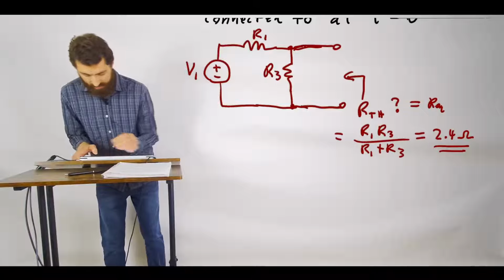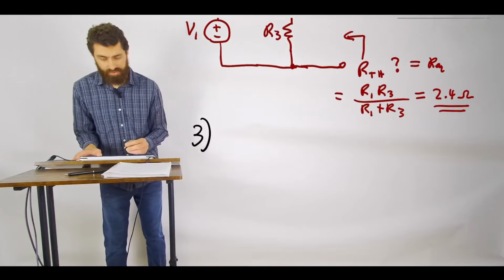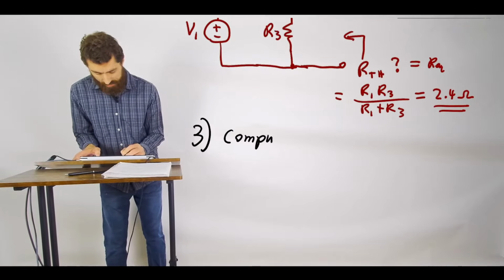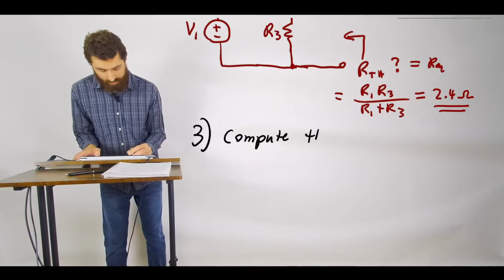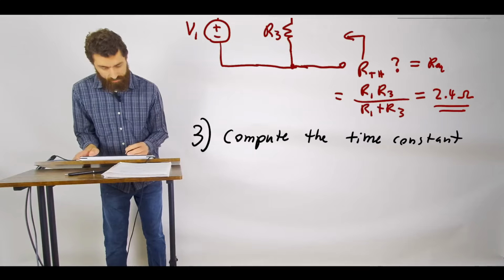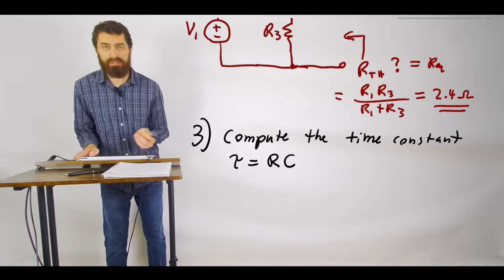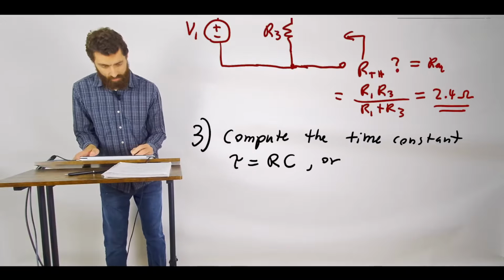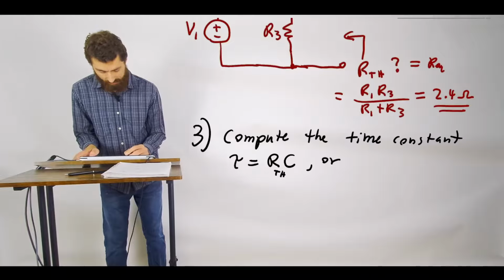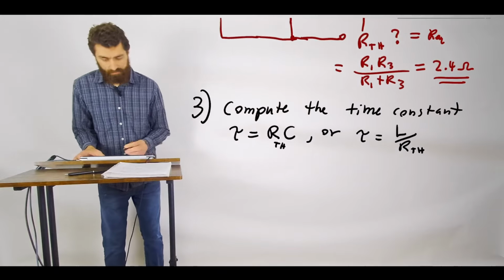So once we've done that, then we have the third step, which is compute the time constant. Tau is equal to RC in the case of an RC circuit, or, oh, I should say R Thevenin times C, or tau is equal to L over R Thevenin. So in our case,